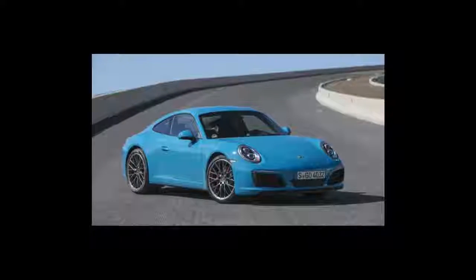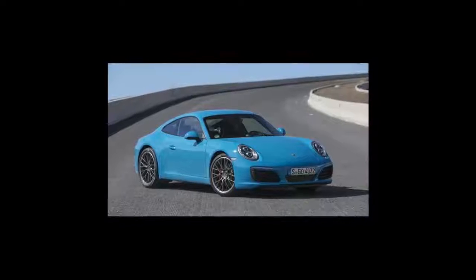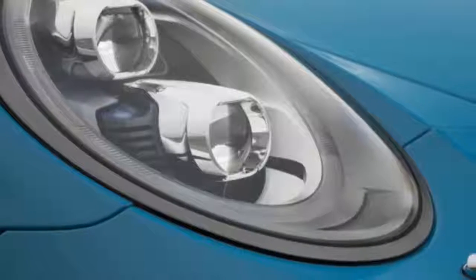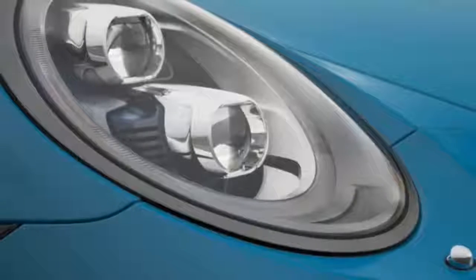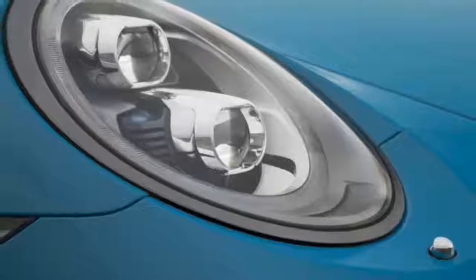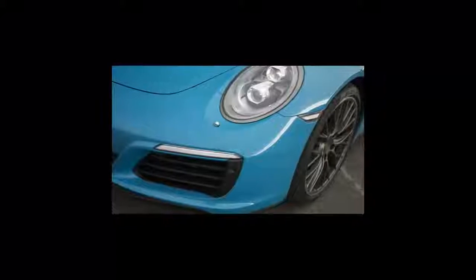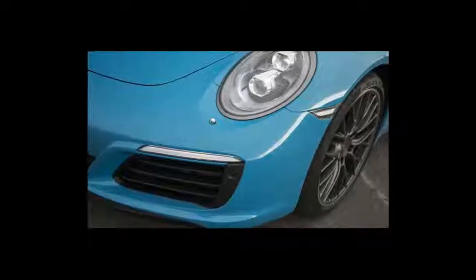Some new colors are available, including the Miami blue pictured here, which, frankly, is the best hue you can get on the 911, so don't even bother considering the others. Picture it with black wheels and black script on the rear. As the Spanish would say,